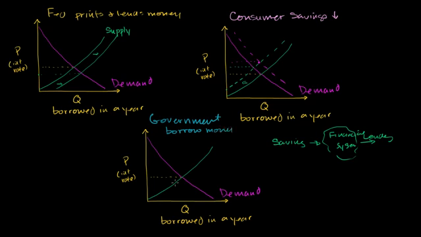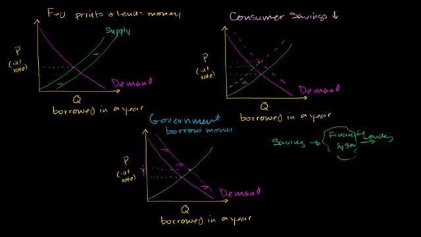So here our supply isn't changing. I'm assuming that the central bank isn't changing its policies, how much it's printing, and savings rates aren't changing. But the demand is going to go up. The government is borrowing money. So if the government is going to borrow more money than it was already doing, at any given price, the demand for money is going to increase. We're going to shift to the right, and our new equilibrium interest rate, remember the rental price of money,